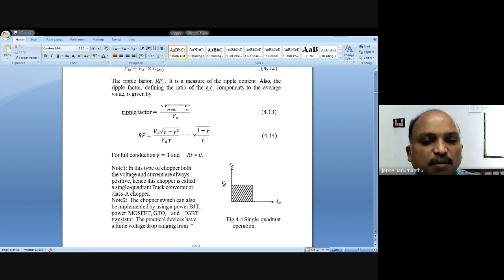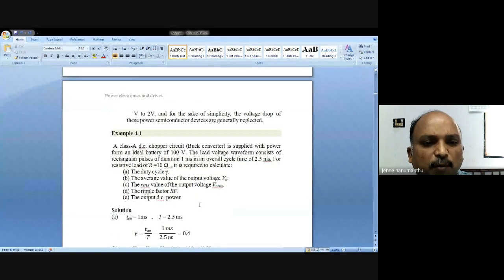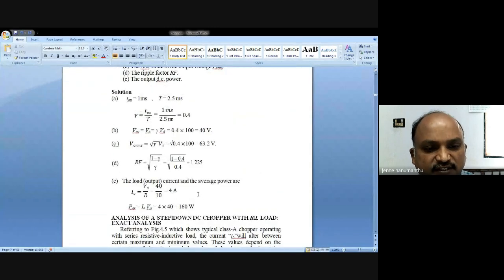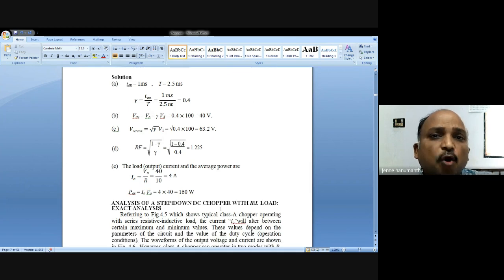This is about the step down chopper. There are some problems available here; I will give you the material so you can practice. Remember one thing: we have studied the resistive load R. In the place of resistive load, you can also connect an RL load, or in place of it, a DC motor.